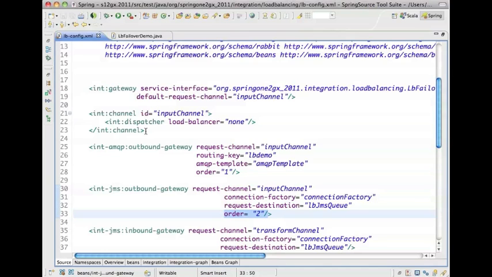Another interesting thing here is that, as you can see, in this particular channel configuration, we have another sub-element called dispatcher, which is an element that allows us to influence the configuration of this channel's message dispatcher. So this channel's message dispatcher comes with two capabilities. One is the failover, and another one is the load balancing. We're going to cover load balancing in a few minutes, but in this case, I decided I'm going to configure it with load balancer none, which means it's not going to attempt to